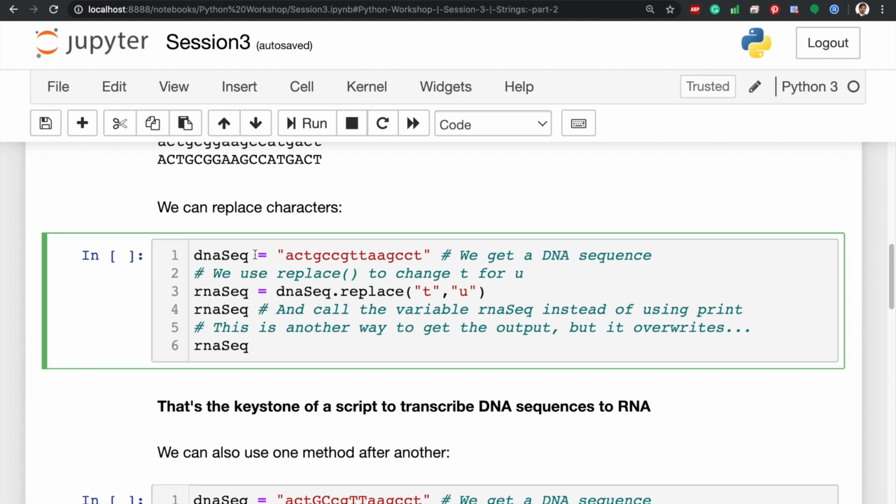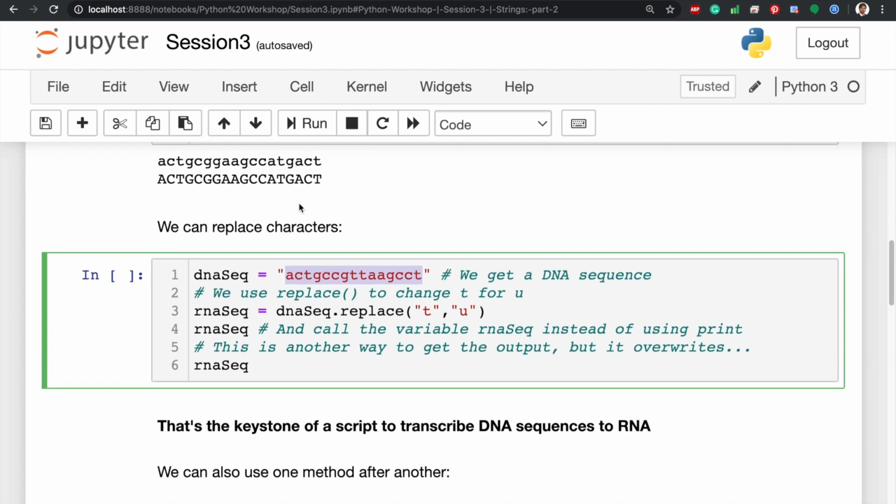We can also use string methods to replace characters. For example, if we got a DNA sequence that we will declare as a string, ACTGCC, this is the one from here in lowercase, we can use the replace method in order to change one letter to another. So if we are converting from DNA to RNA, we would like to change the T's for U's. So we will be translating the RNA, because DNA has ACTG and the RNA has